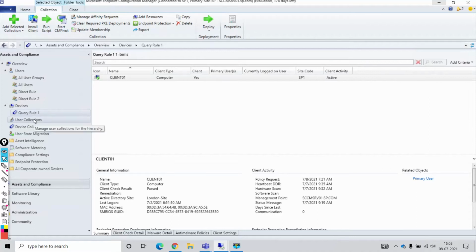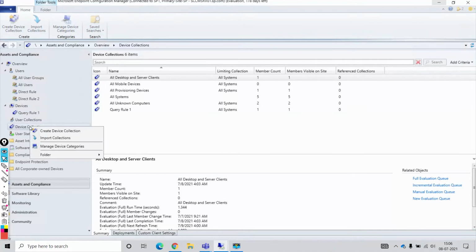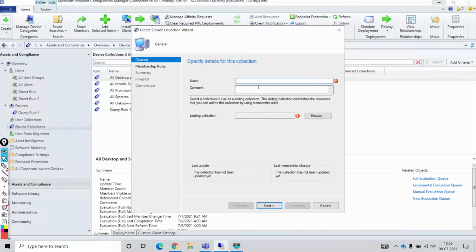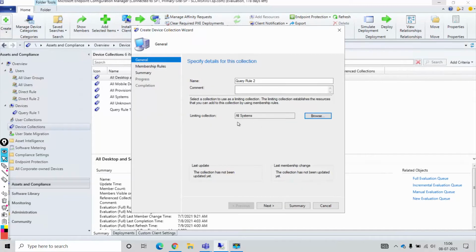I'll come back to device collection. We'll create one more query rule. Right click, create device collection. I'll say query 2 or query rule 2. I'll click browse. So we'll limit to all systems. Okay.